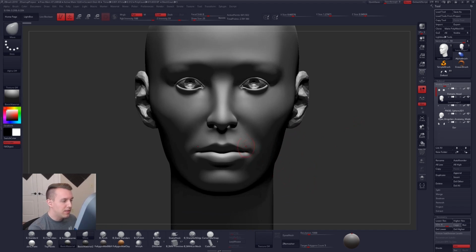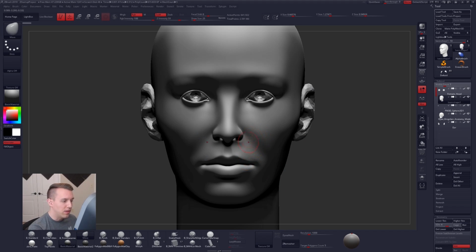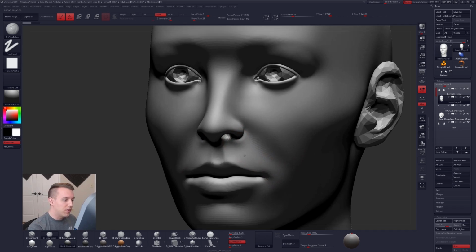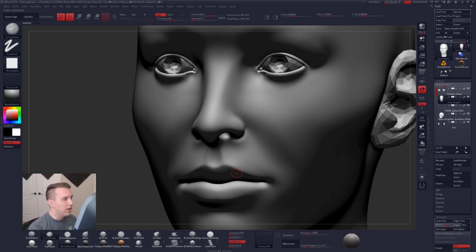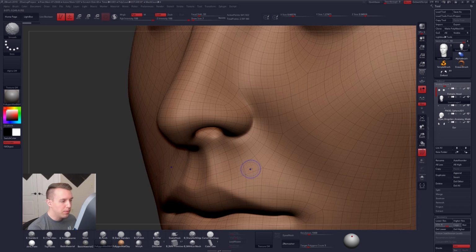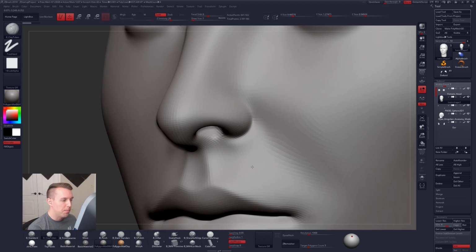And then we can kind of see a little bit better what's going on here with these nasolabial folds. There's this really strong transition happening right through here, and it's creating this really kind of awkward shadow and divot. It's also happening right here in the crease of the nose. And if I had to guess, let me move my light back. If I had to guess, I would say that this is probably caused by the pinch brush at some point